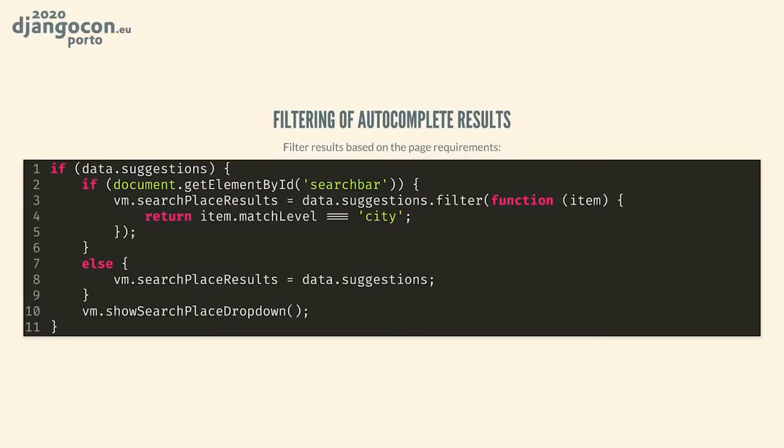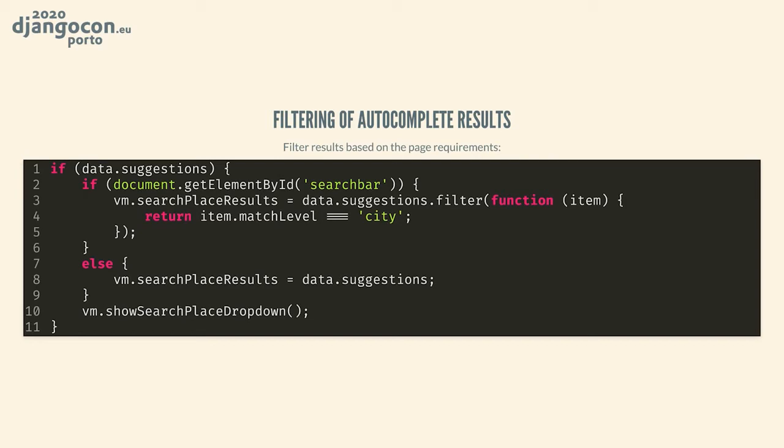When the user adds their equipment to the platform, they can use address autocompletion to select a concrete address. But when we use autocompletion for searching equipment in desirable areas, we limit the results to the ones where only the city matches the text entered by the user, and you can see this filtering on the slide.